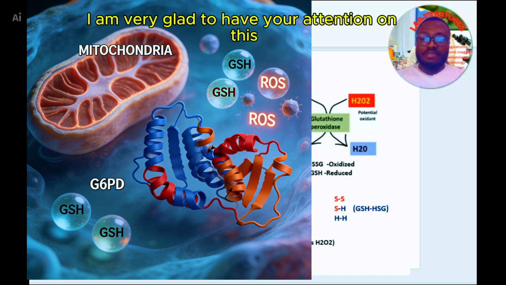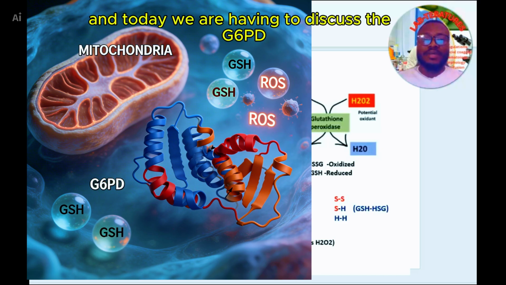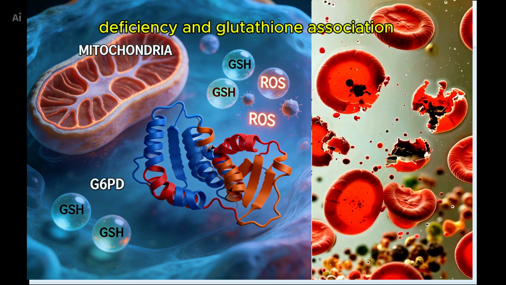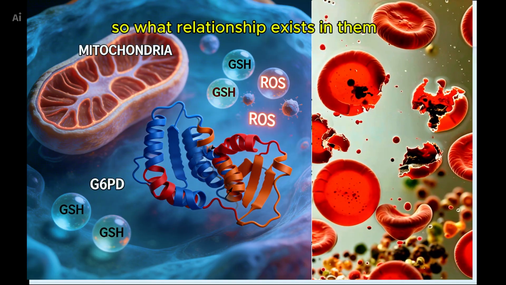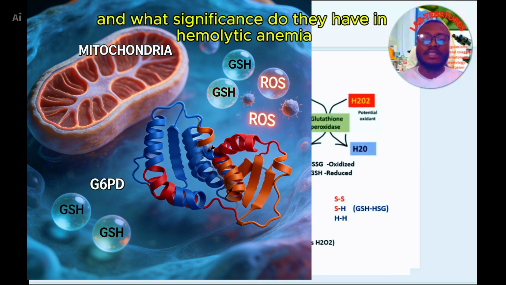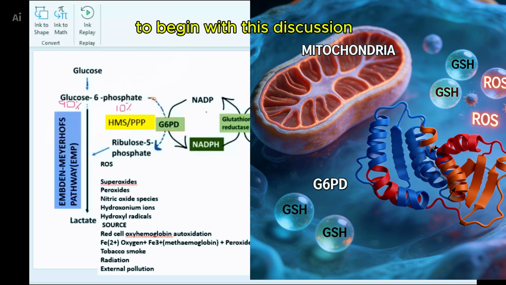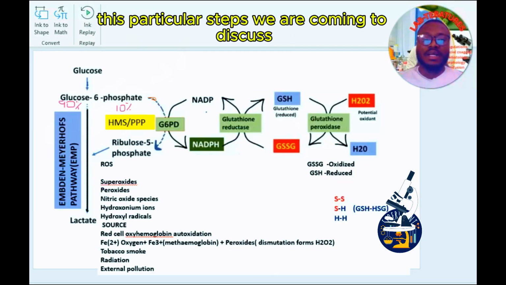I am very glad to have your attention on this, and today we are going to discuss G6PD deficiency and glutathione association. What relationship exists between them, and what significance do they have in hemolytic anemia? To begin this discussion, I would say that the steps we are going to discuss occur